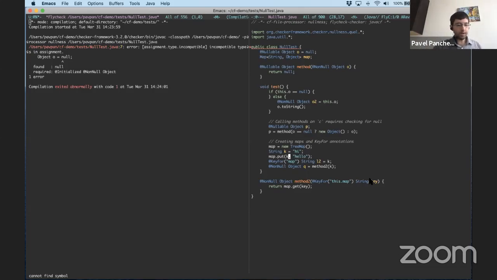Okay. Well, the nullness checker is in some sense the conceptually simplest of the checker framework checkers. At least on the outside, it looks like it just has two annotations, non-null and nullable. Even though, as you've seen, there's actually a few more. So we can tie this back to the stuff that we were talking about in class by drawing out that lattice.